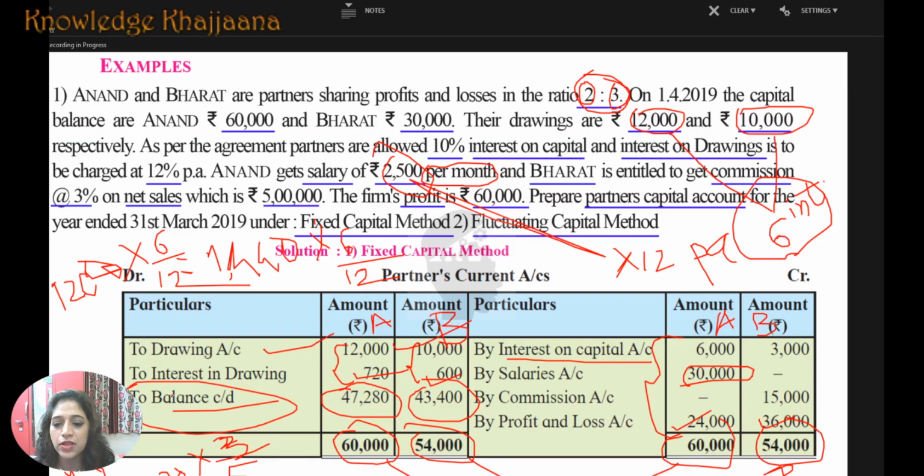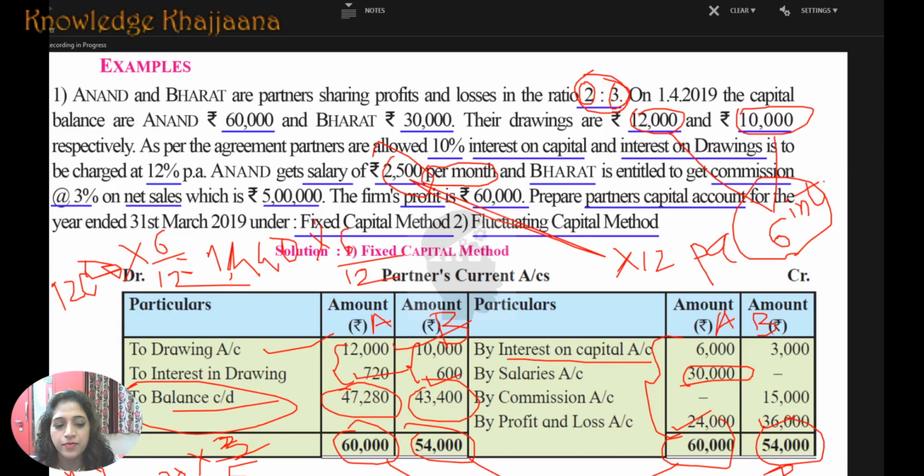This means they are in profit this year, okay. See, this much balance is remaining with Anand and Bharat. So this is the balance carried down. This will go as the balance brought down next year. In this way, we have to solve the problems of